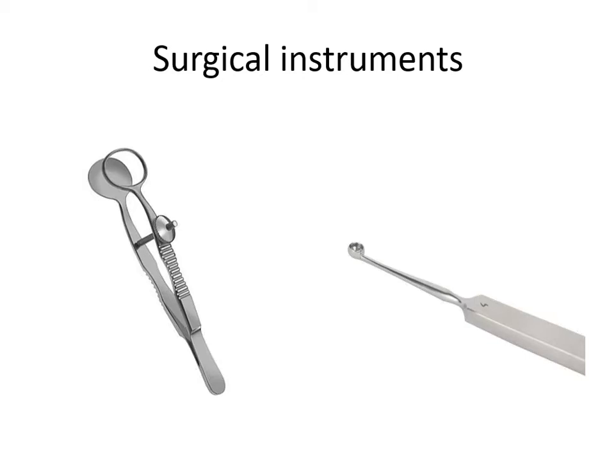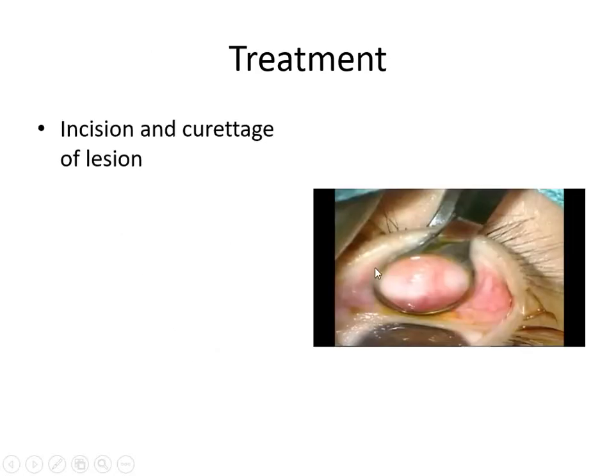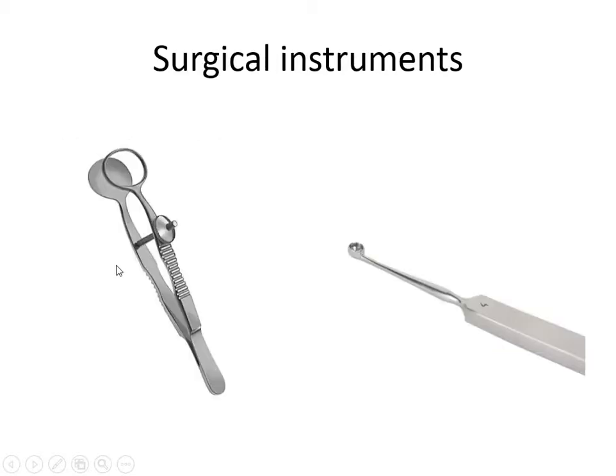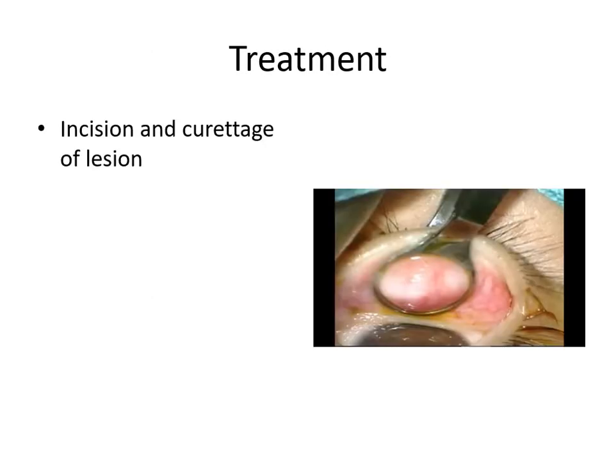The ring will come on the conjunctival side, whereas the plate will be on the skin side, as you are seeing here. The ring is on the conjunctival side, the plate will go on the skin side, and then you tighten the screw. If you do this maneuver, hemostasis will be there and there won't be any bleeding when you incise the chalazion.